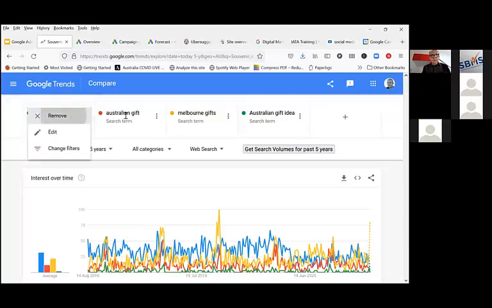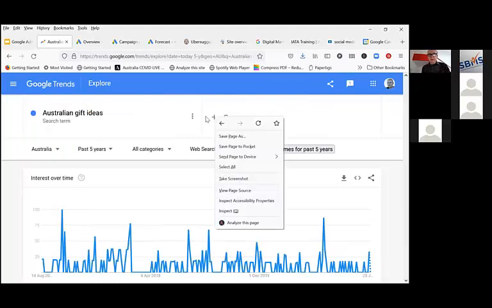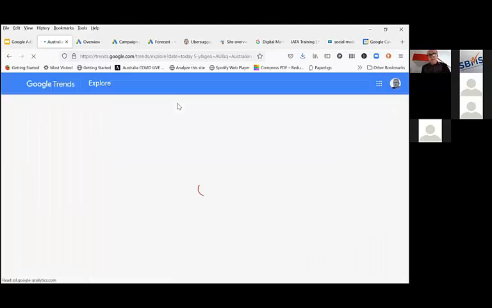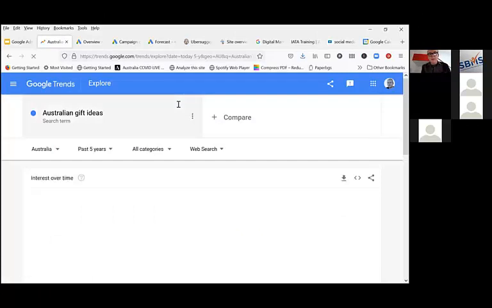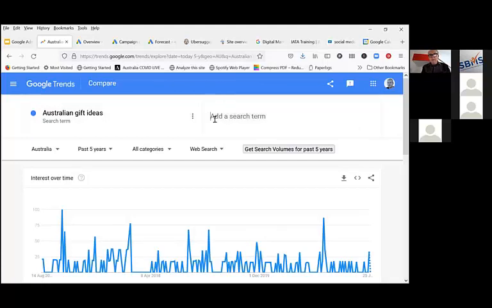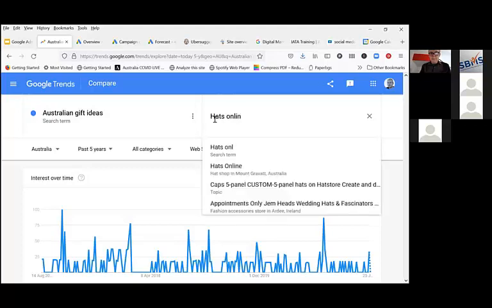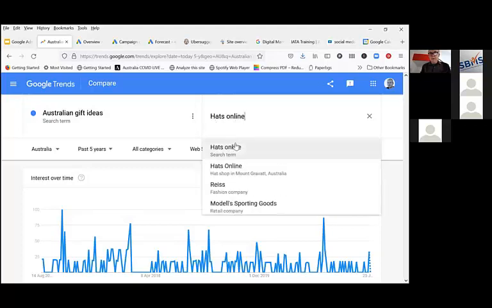I'll just remove all of these. It's just not letting me activate the page. So what I was just going to do is put in a search so you can actually see it working in real time. I'm going to add a search term, and I'm going to talk about the hat project directly across the road from the office. So I can look at hats online as a search term,